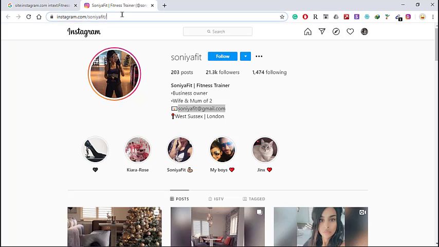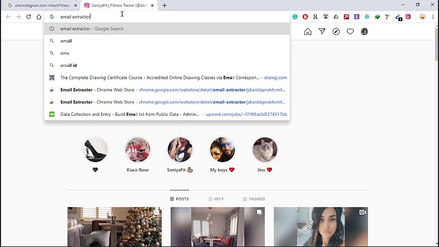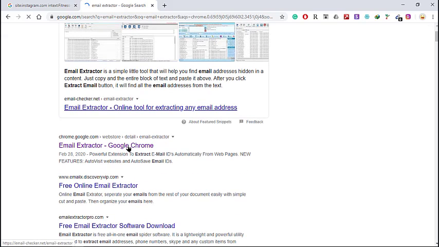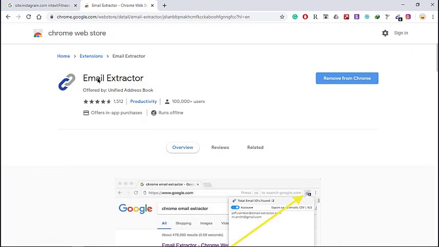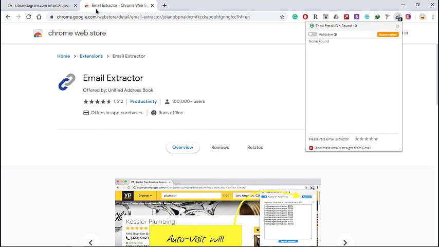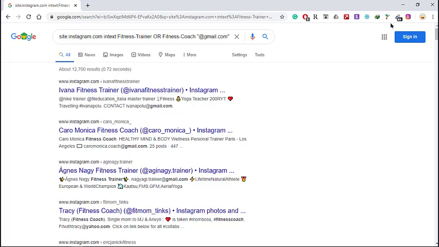For this I'm using a Chrome extension called Email Extractor. This is a very useful tool. You could just go to the Chrome Web Store and add it. It's already added to my Chrome. Let me just open it. I've just opened this page.